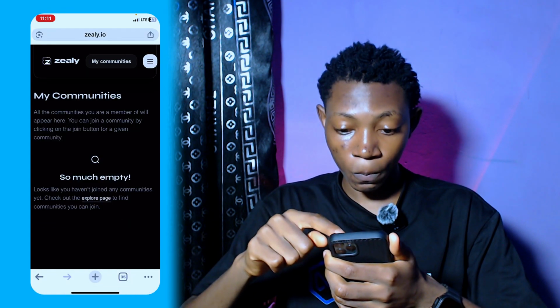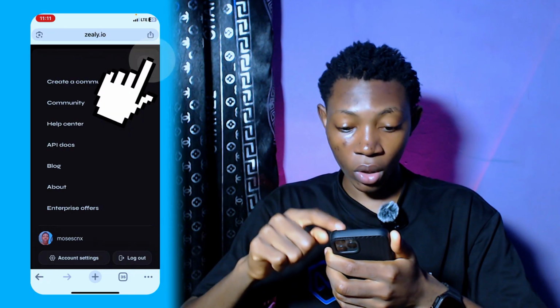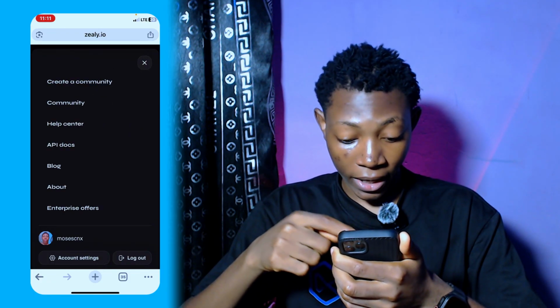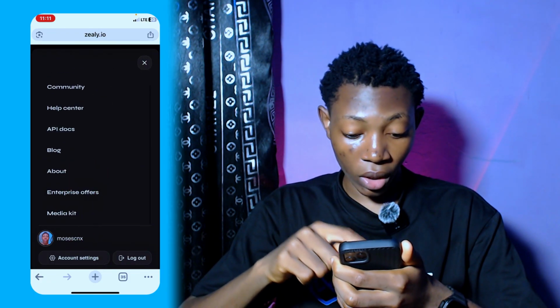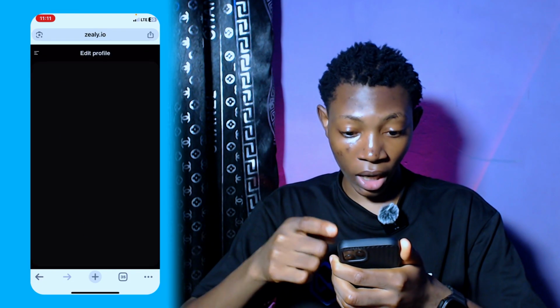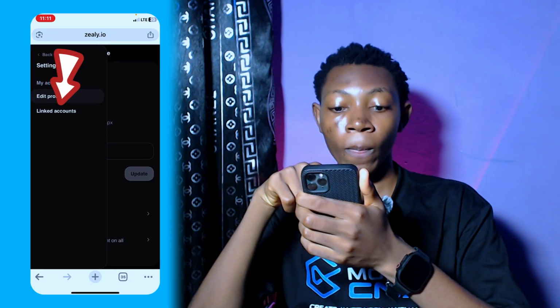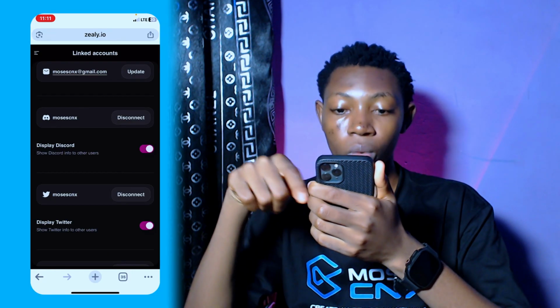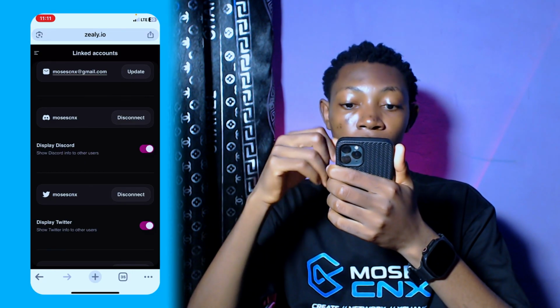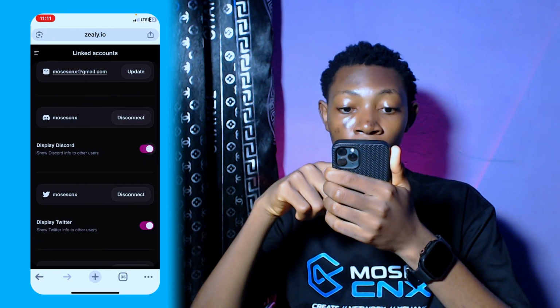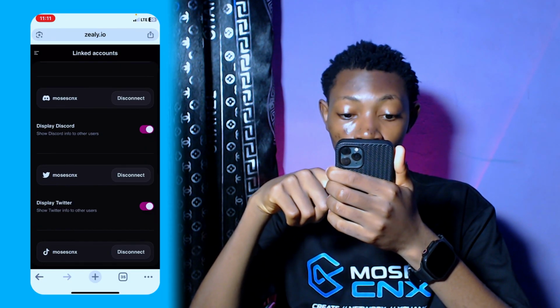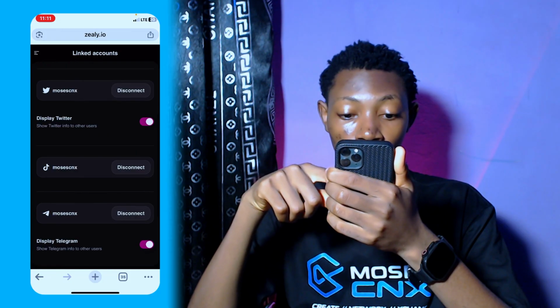Click on this My Community. You are going to click on this three line here. So you click on your account. You are going to see this account setting. So you tap on this three line at the top here. Tap on link account. Once you tap on link account, you are going to connect your Discord account, connect your Twitter, connect your TikTok, and